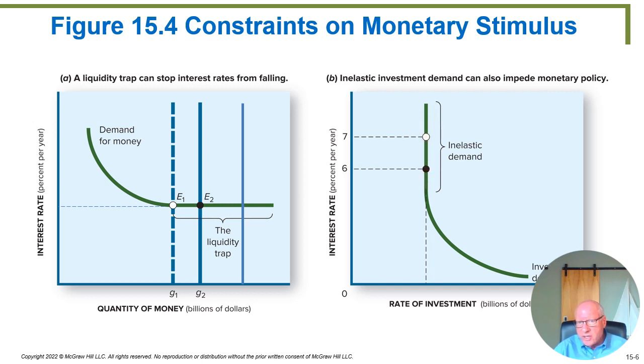This vertical section says, what if interest rates on heavy equipment fell from 7% to 6%? In this example, what would happen to the total amount of investments? Well, according to this curve, it stays exactly the same. You notice this black dot and this white dot, even though they're at different interest rates, they line up vertically with this dollar amount of investment. So investment wasn't stimulated, in other words. That's what a vertical inelastic portion of a demand curve means. It means that whatever's going on the y-axis does not affect what's going on the x-axis. You can see this number stayed exactly the same.